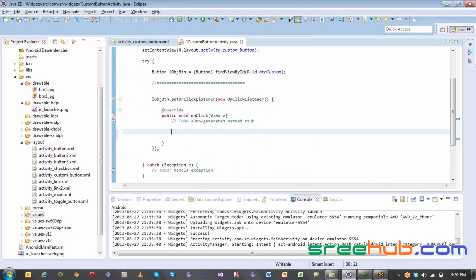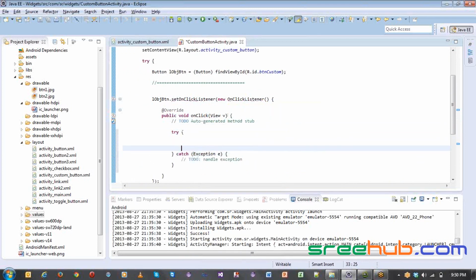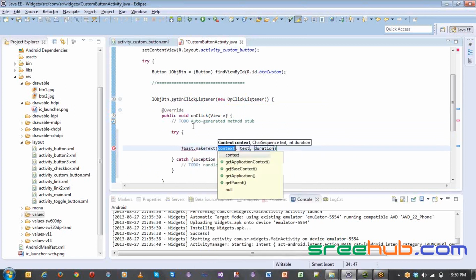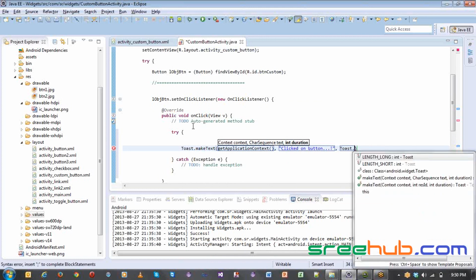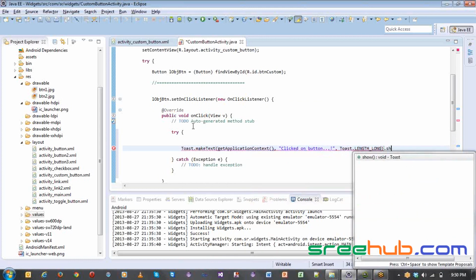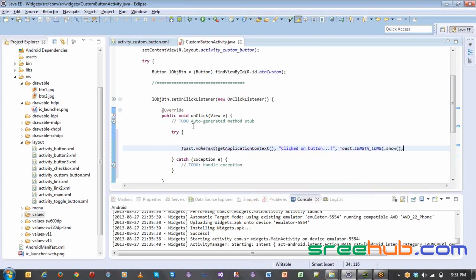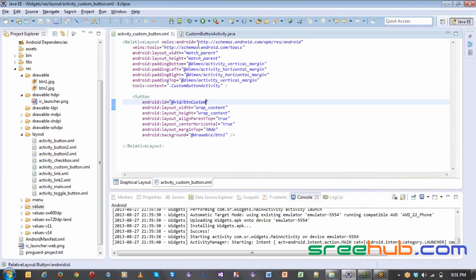And so in my on click, let us create a toast dot of make text application context, just say clicked on button something, and the duration take it as toast dot long dot show. Okay. Now this is how you can actually create the same listener will be same for your custom button too,